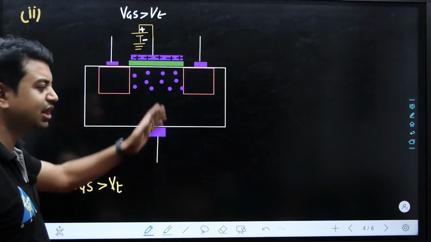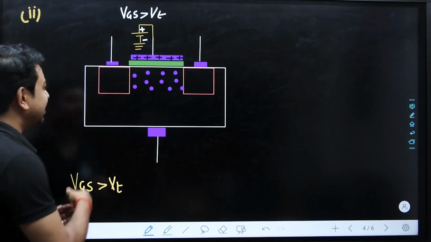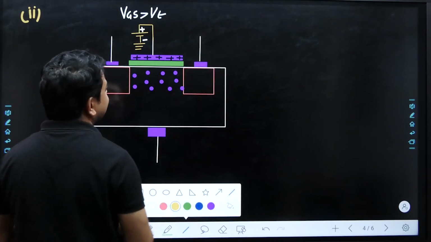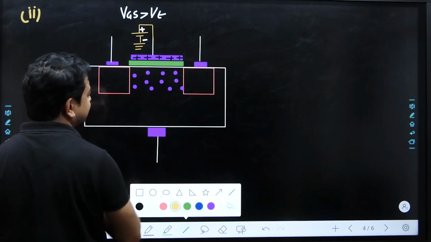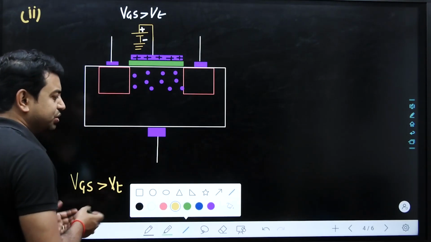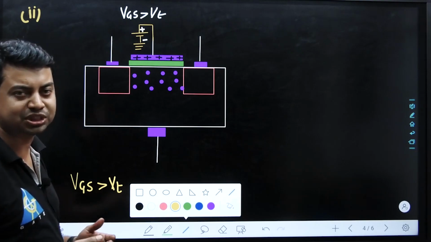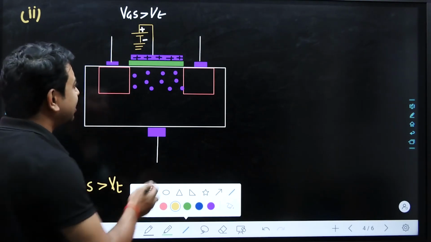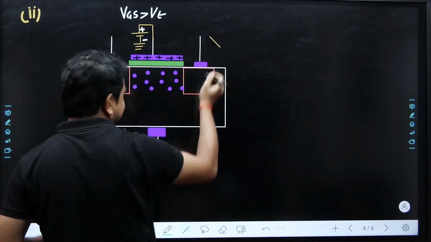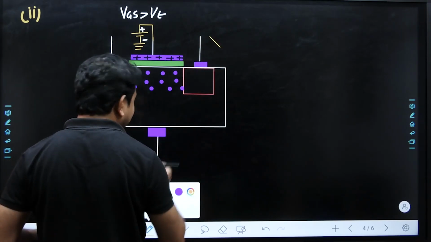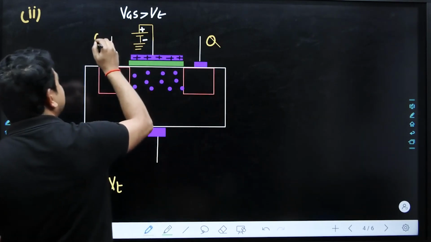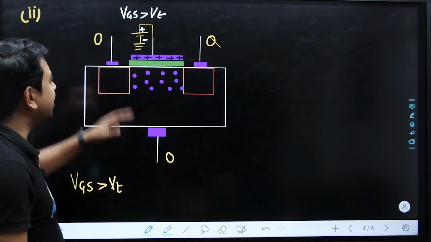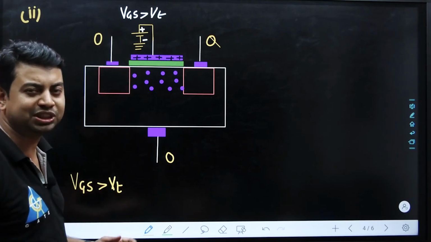There is no change in the positive marks. So in that case, if you are not applying any drain terminal voltage, then the number of charge carriers present on the source side and on the drain side are equal. That means, when the drain terminal voltage is equal to 0, the source terminal voltage is equal to 0, and the body terminal voltage is equal to 0, and we just apply a gate terminal voltage which is greater than the